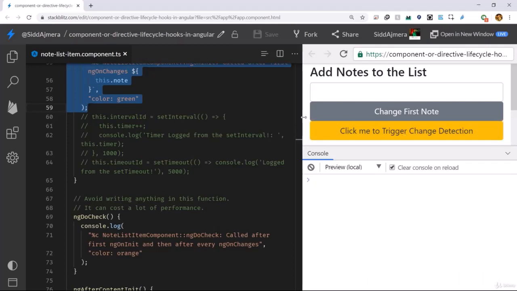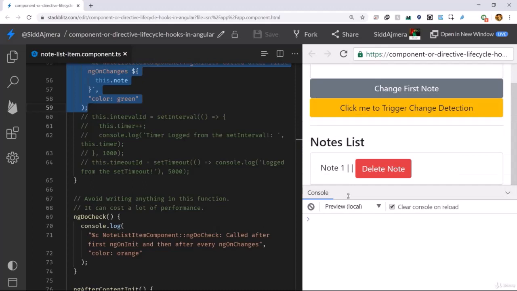and they will get called again and again every time I click the button. Alright, now I also said that ngOnChanges gets called every time there is a change in one of the input properties of a particular component. So there is this change first note button which changes the message property on the note object, and as soon as I do that, the input property to this child component, which is the note list item component, is going to change, and you will see